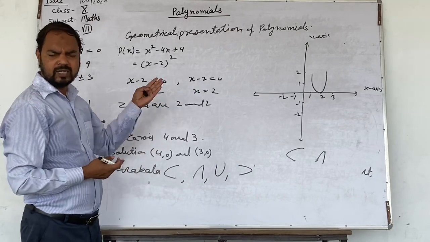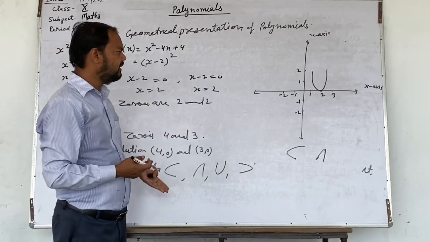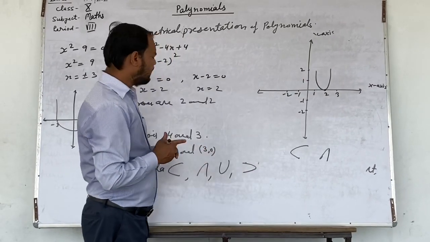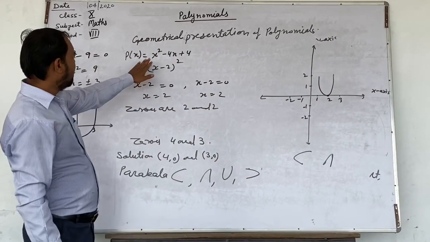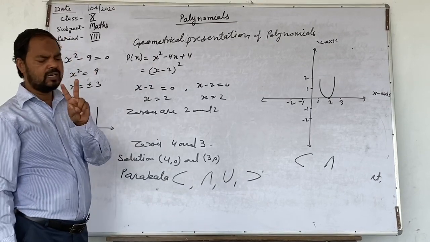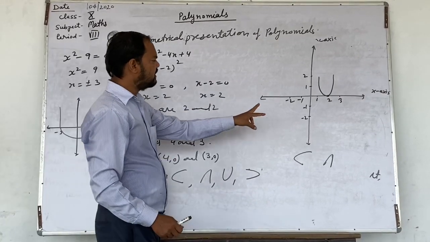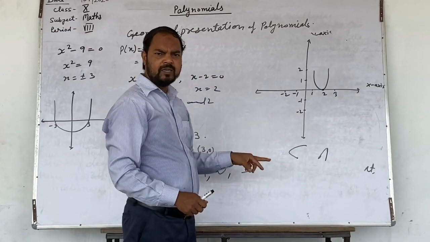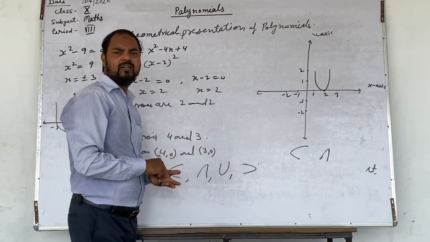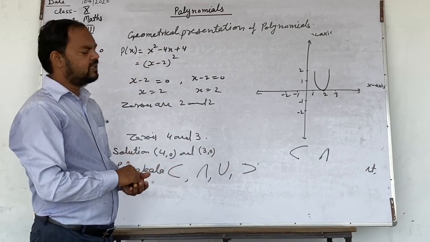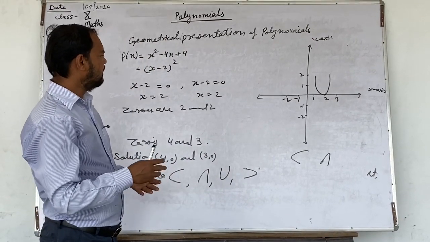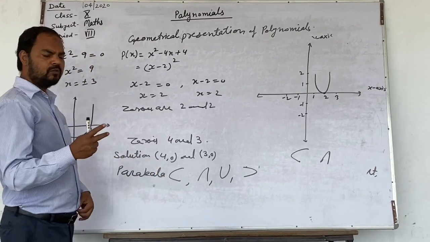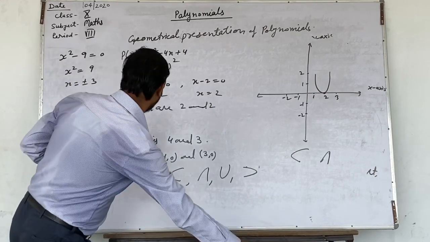Zeros क्या हो रहा? Same zero आ रहा, repeat कर रहा है, इसलिए x axis को एक ही point पर intersect कर रहा है. तो कुल मिला के क्या calculate किया हमने? क्वाड्रेटिक इक्वेशन में 2 zeros आएंगे, x axis को 2 different places पे intersect कर सकता है, same place पे भी. Same place का case कब आता है? Same place means it does not have only one zero, it has repeated zeros, two zeros, but both zeros are repeated. So we can conclude here.